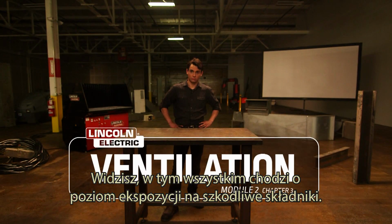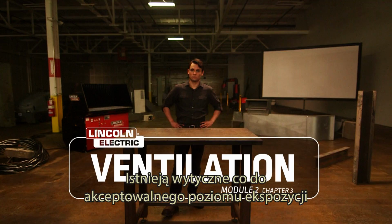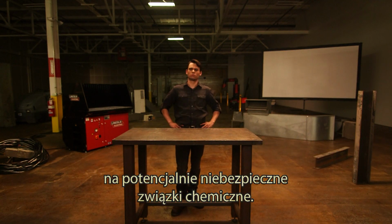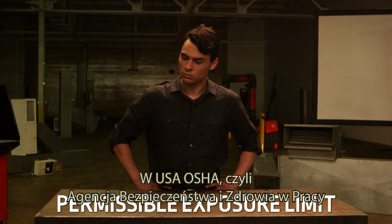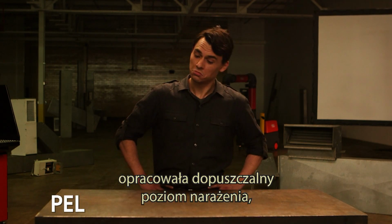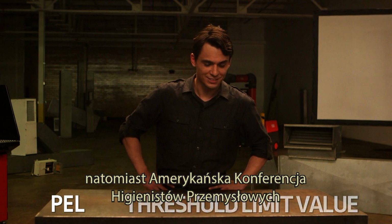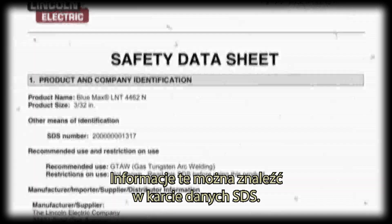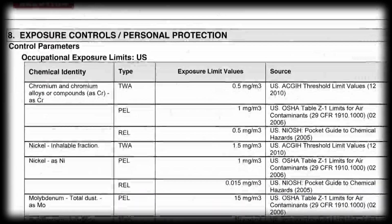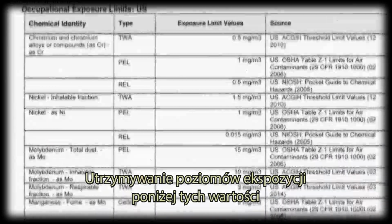You see, David, it's all about exposure. There are guidelines for how much exposure to potentially hazardous chemicals is acceptable. In the US, OSHA has created the Permissible Exposure Limit, or PEL, and ACGIH has created the Threshold Limit Values, or TLV. This information can be found on the SDS, and keeping your exposure below these numbers will keep you